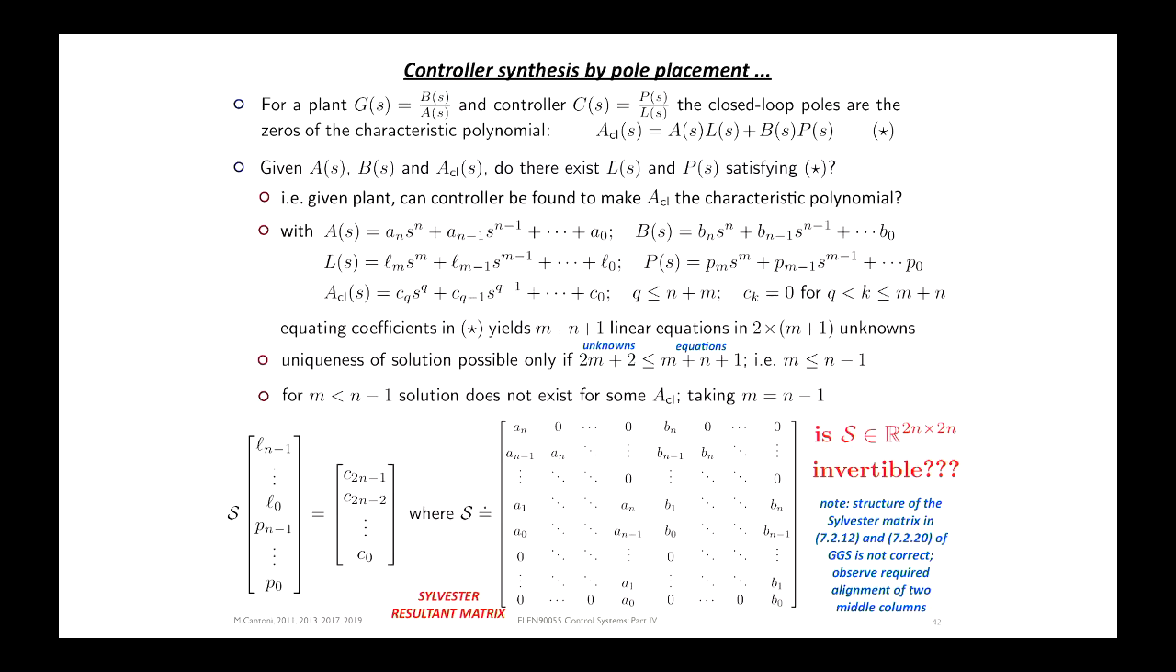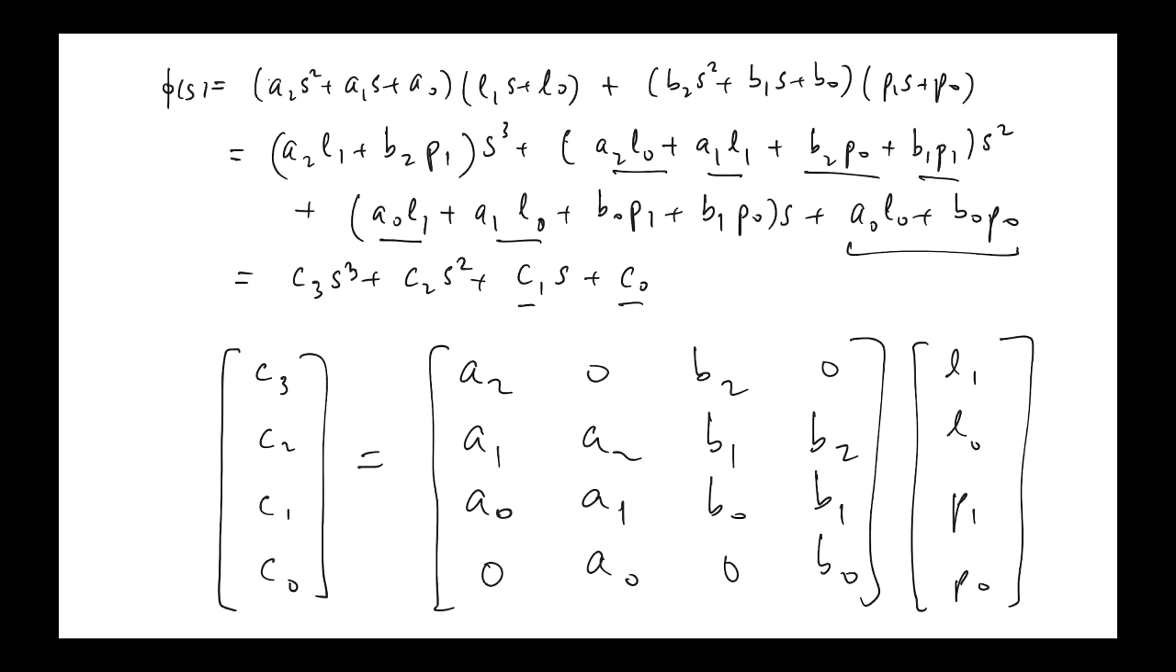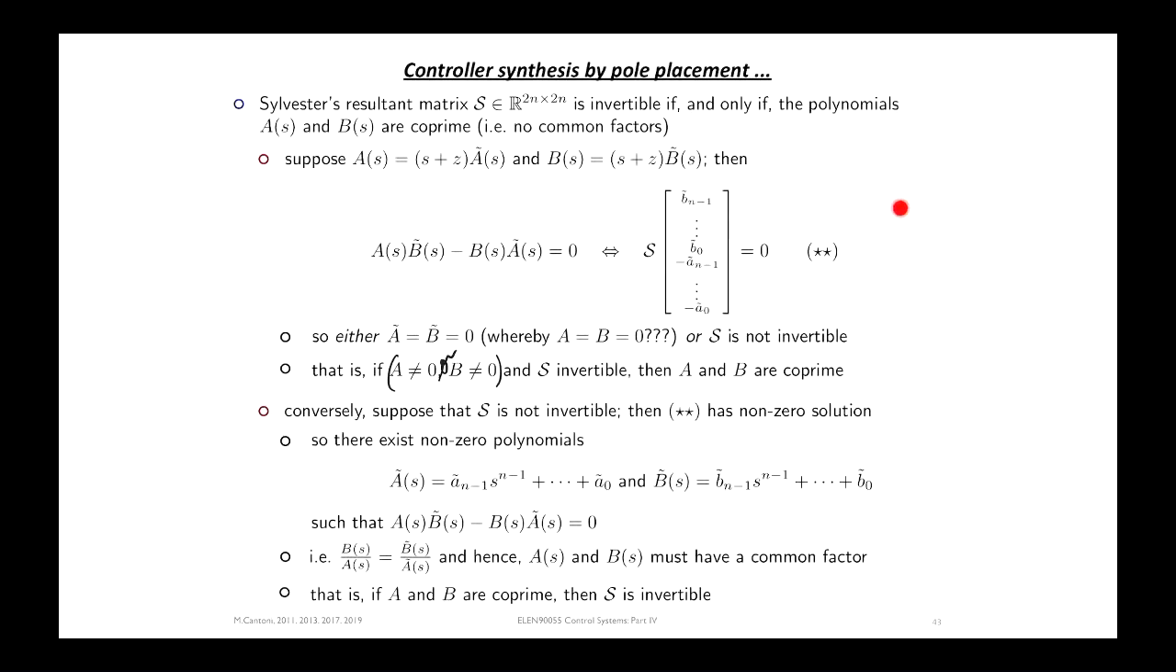But what's the point of not having these as co-prime, right? Because you can always simplify. If they have a common factor, you just cancel it out. Why carry it around? Okay, so you can always solve this equation, right? So that's what this stuff here is about. It's about proving that this Sylvester matrix will be invertible if and only if the polynomials A and B are co-prime, which is